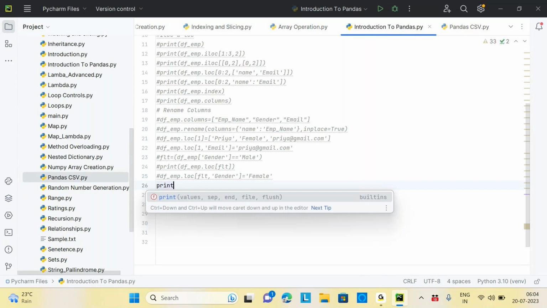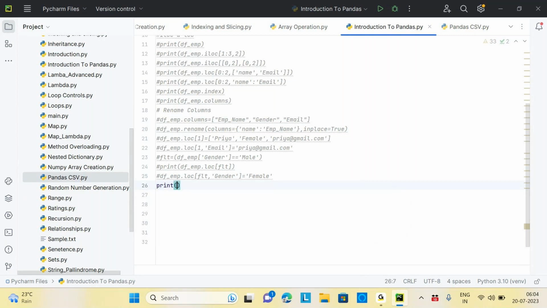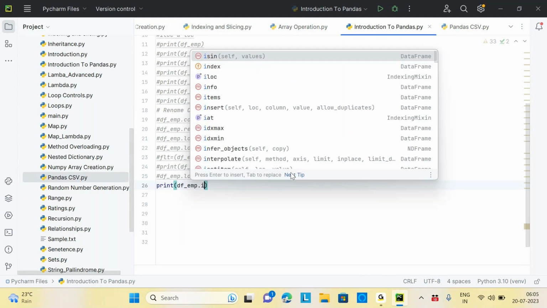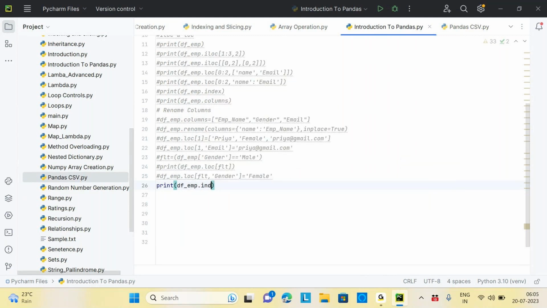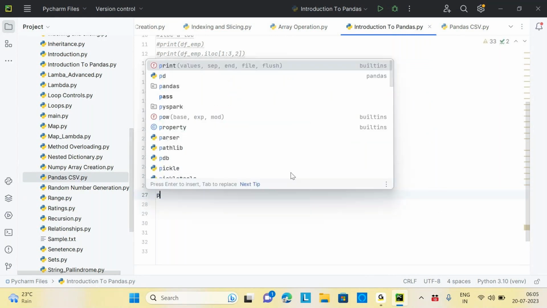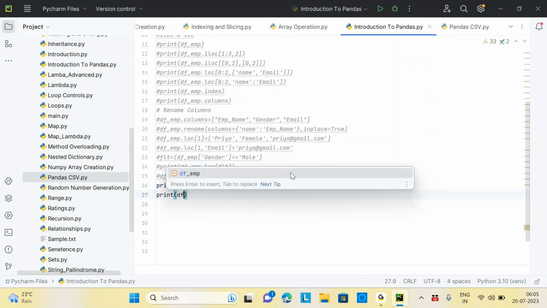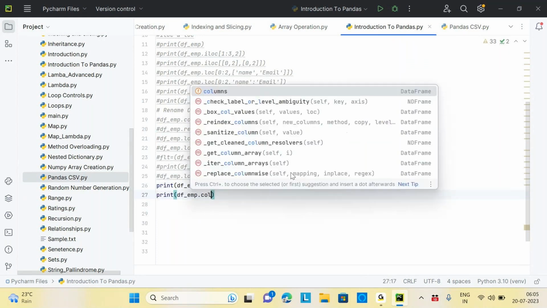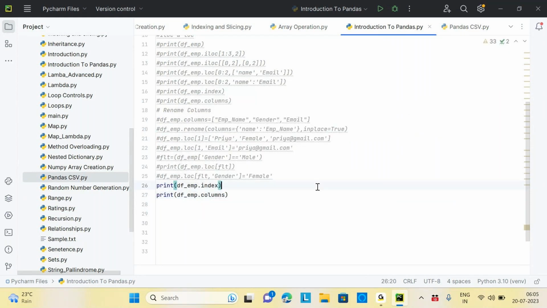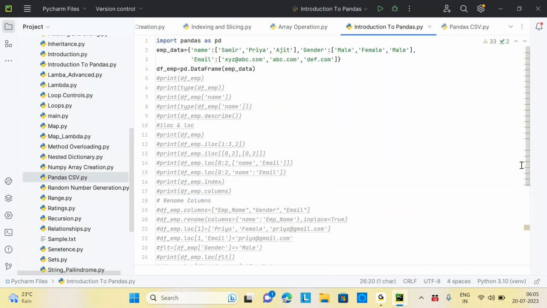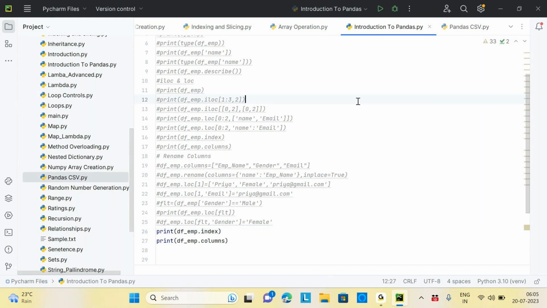So now a couple of things. If you print your data frame, there are a couple of things there. One is your index, which is a function, and another is df.columns. If you print these two, these are quite handy methods of your data frame. So if you run this,